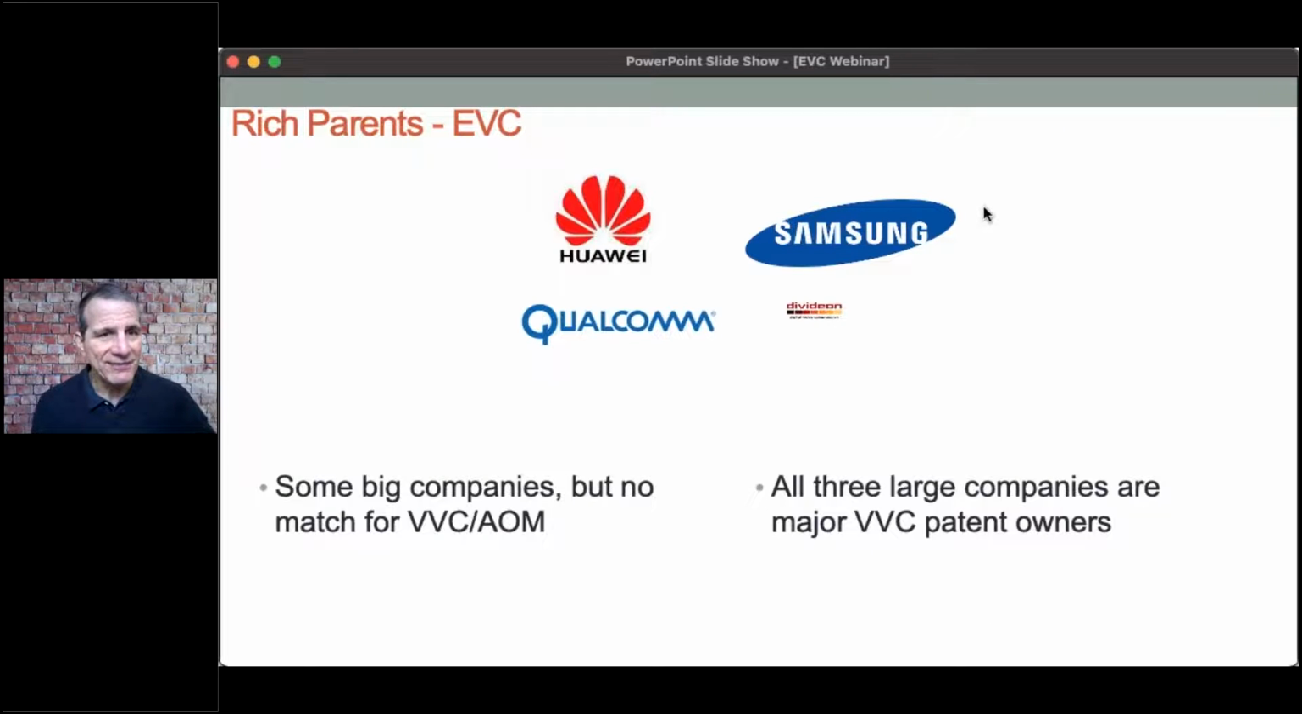Not so much EVC. EVC has three main parents. They're very big parents and they're very rich, but all three are major VVC patent owners. So it's kind of confusing which one they would promote. EVC has made tremendous progress. That was one of the key findings of the article and all the quality studies that we've done, some of the encoding time studies, but there's not a lot of work on the implementation side. And frankly, there's not a lot of work on the VVC implementation side either, which was probably the most disappointing fact point that I kind of picked up on when I was doing research for this